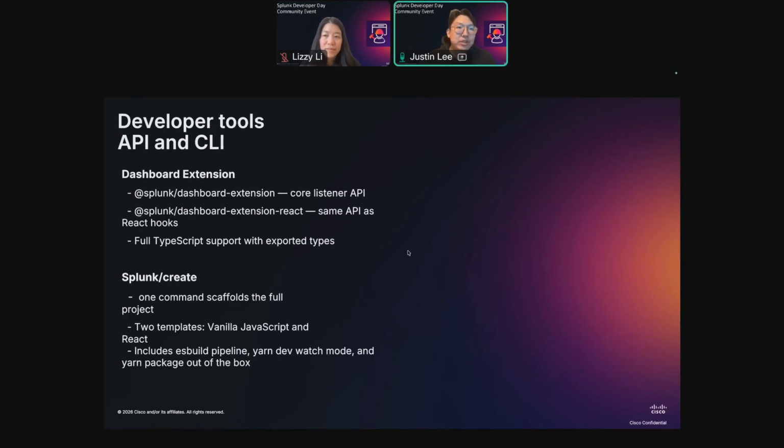So to go into more detail about the developer tools that we'll be providing as part of this new framework, the two tools are Dashboard Extension and Splunk Create. Both of these tools will be part of the Splunk UI ecosystem. The dashboard extension part is an SDK, which will come with functions that you can use to set up that post